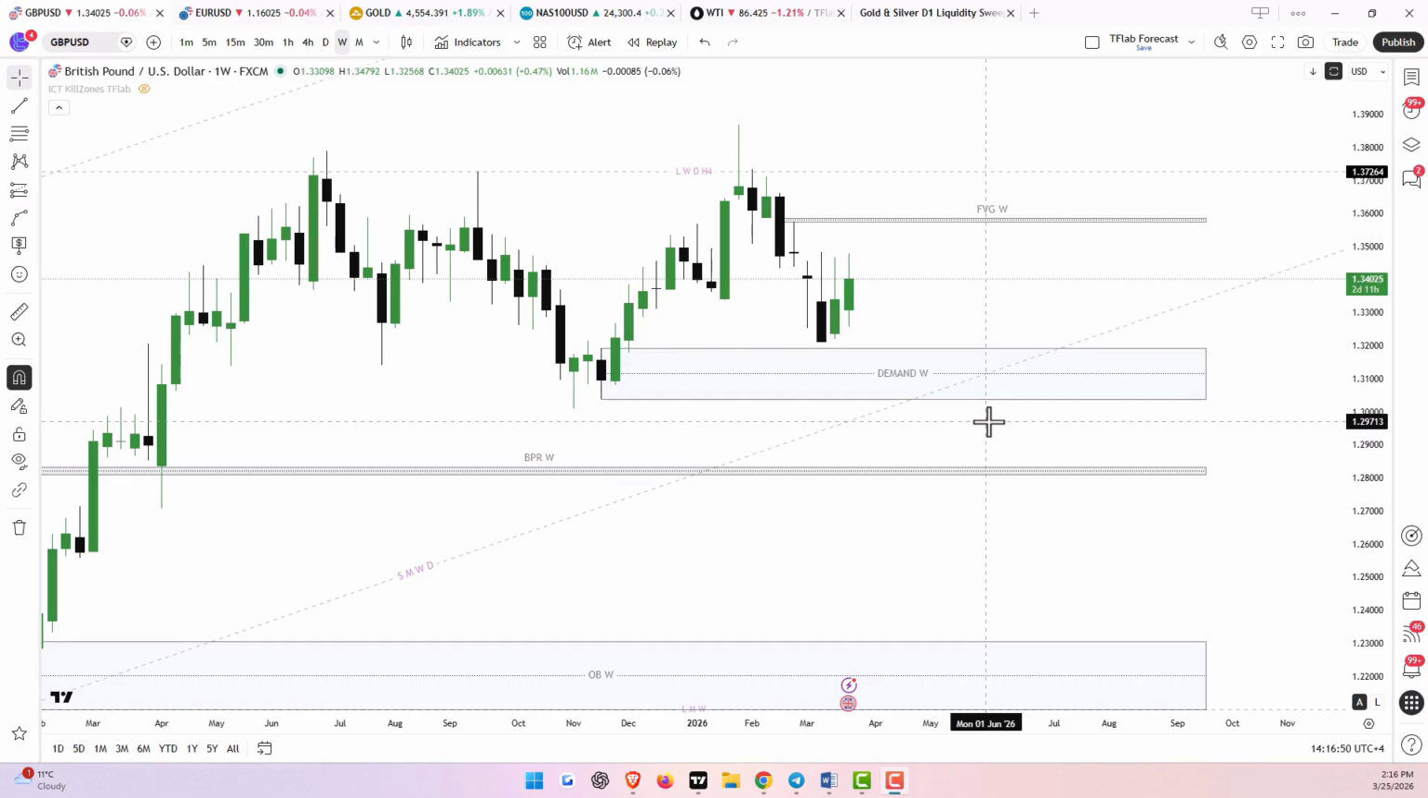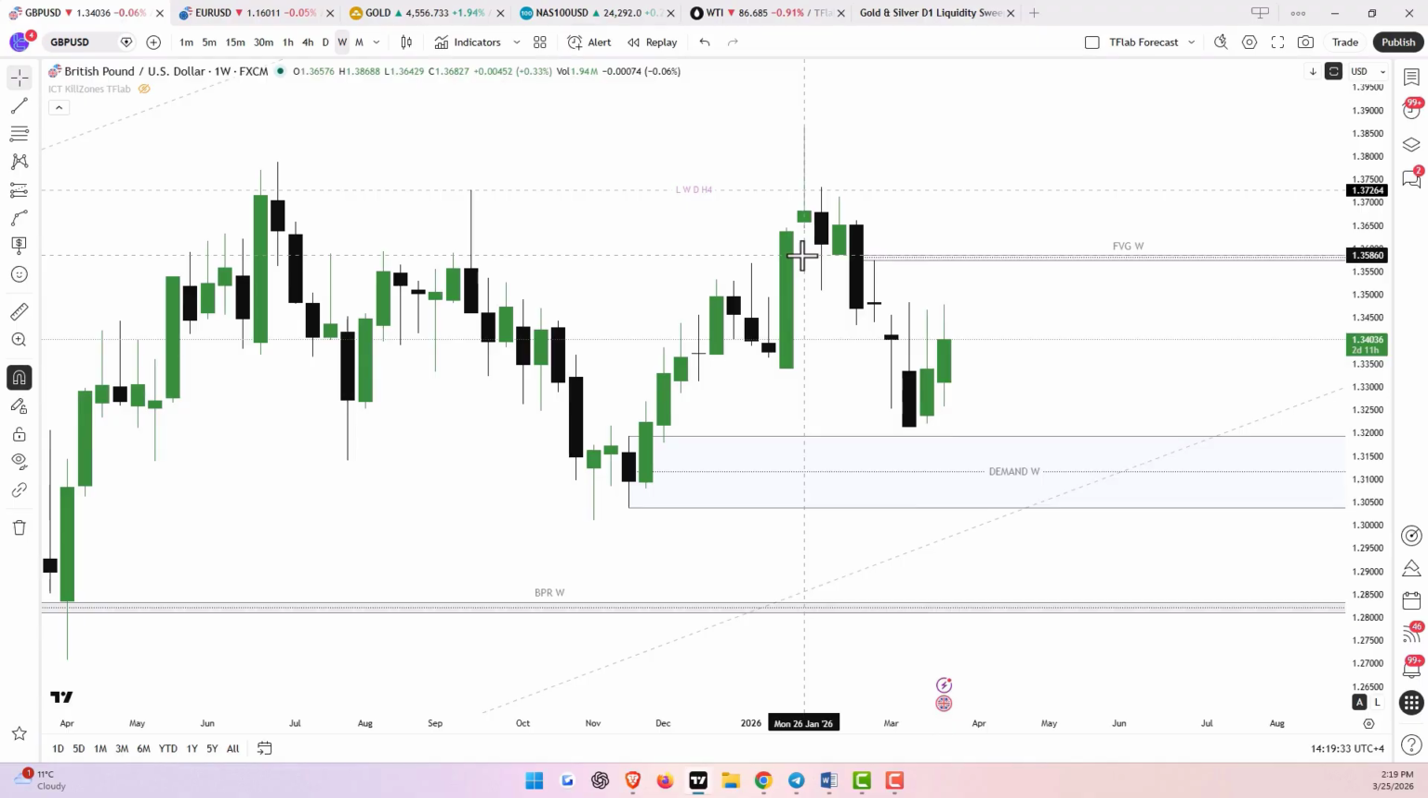I'm here with the daily analysis of the GBPUSD currency pair on March 25th. We're currently looking at the weekly time frame. After seeing the price reach its highest level in 4 years back in January, it pulled back from that level